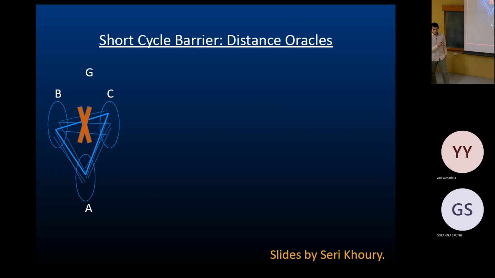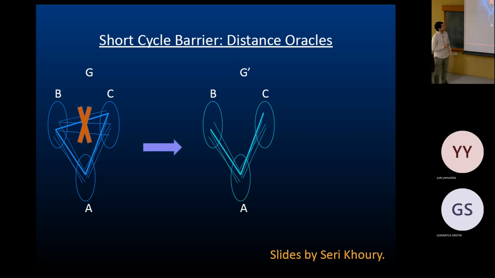So how do you reduce from this problem to the distance oracle problem? You have this graph. You want to use a distance oracle to figure out if there's a triangle for every edge. So you take the graph and create a new graph by just deleting the edges in this top part of the graph. You get this graph G'. And now you look at any pair BC that used to be an edge, and you ask what is the distance between this pair.